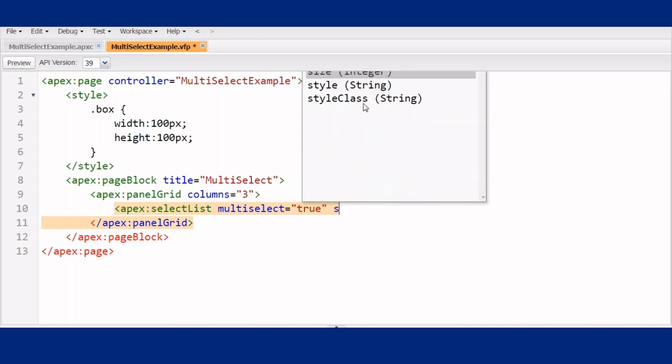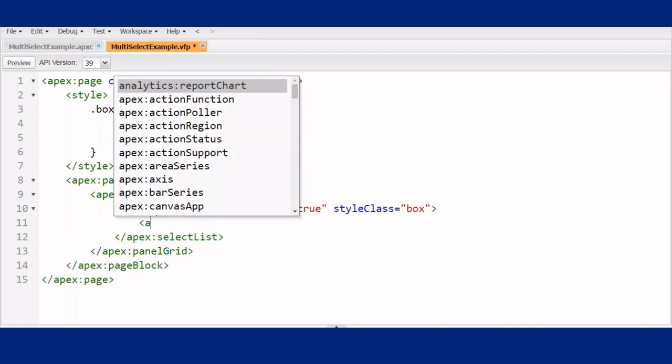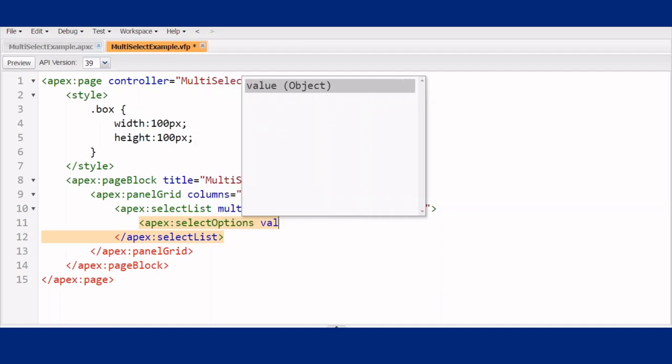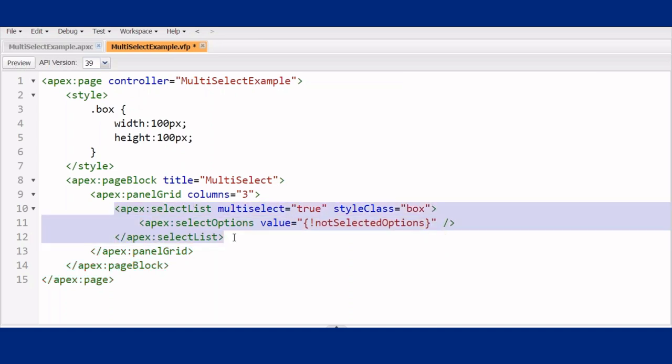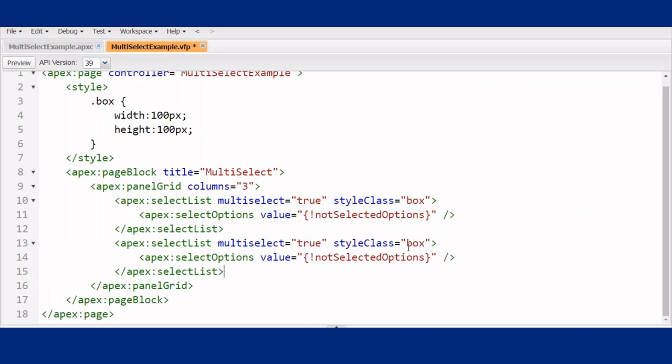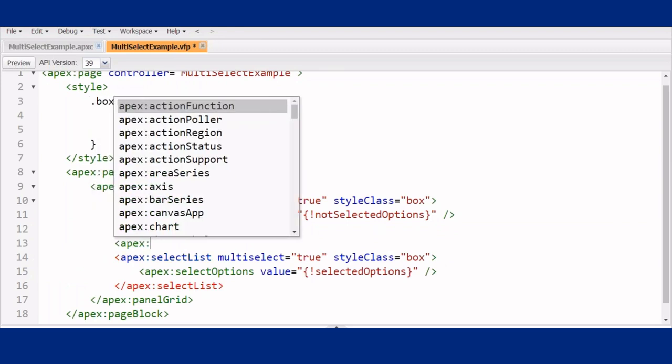Then style class. Here we have the not selected option. What are the non-selected options that I have created here? Similarly, we are going with the next, the selected option. Now, in between I need to add two more buttons, an add button and a remove button. The buttons should be vertical, not horizontal. So I am giving